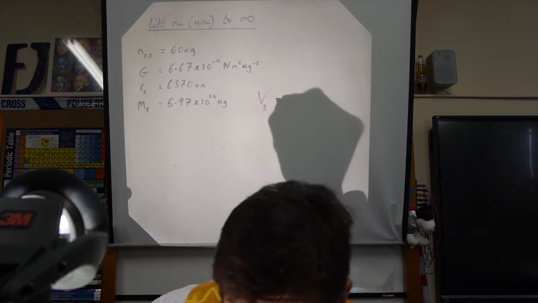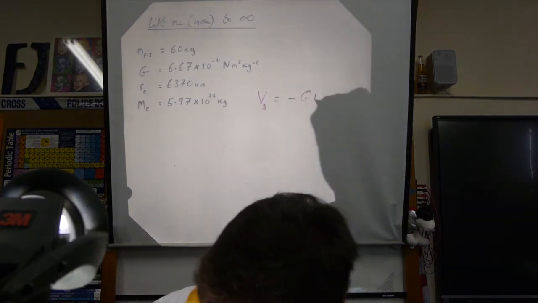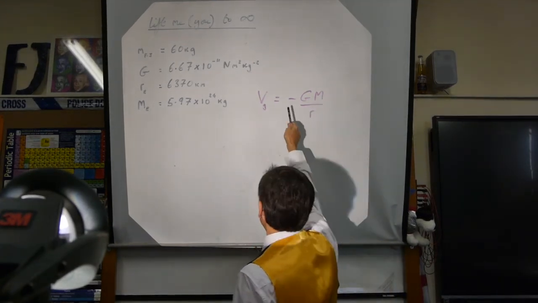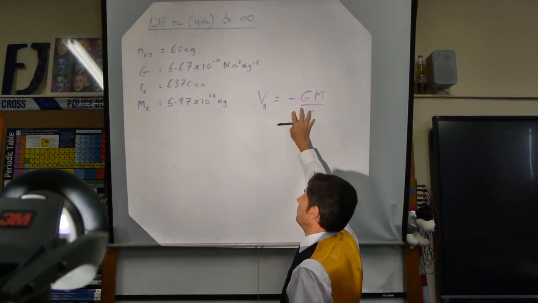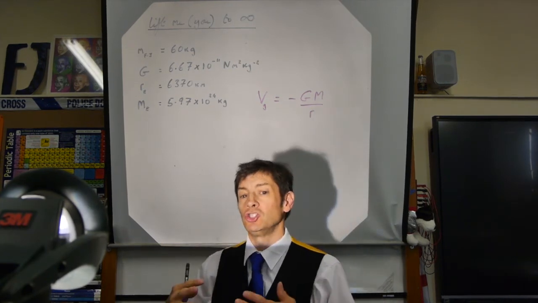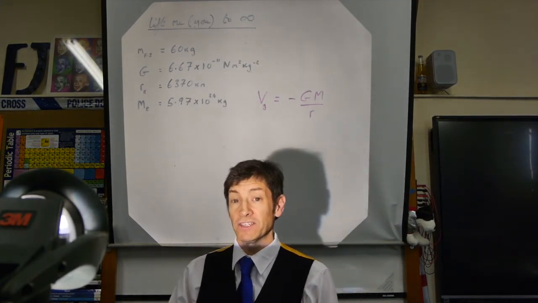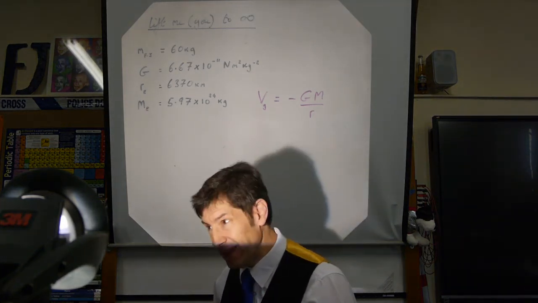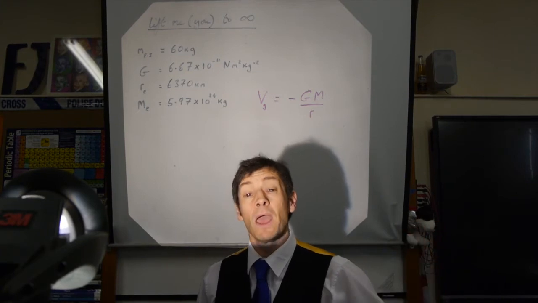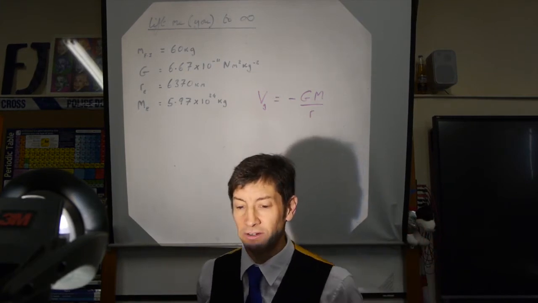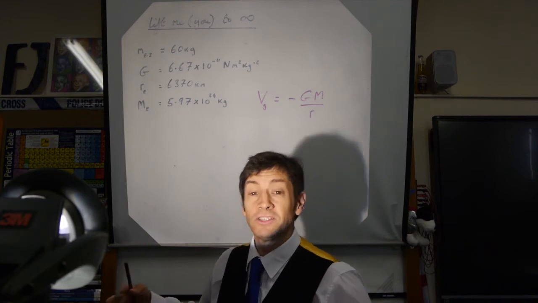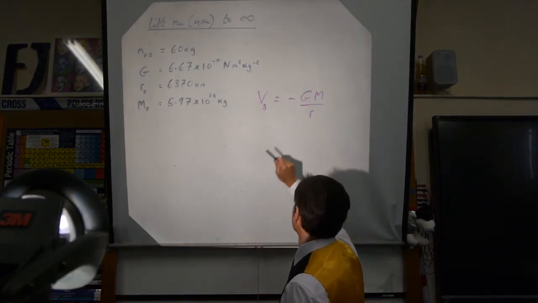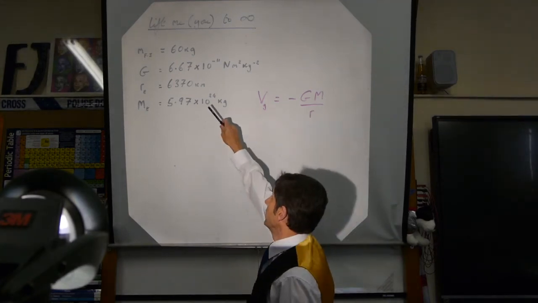Okay, so remember that, VG is equal to minus GM upon R, and so if we put numbers into this, that will be the energy that I am short of on the Earth's surface per kilogram, so you know how much energy you need to give me to get me to infinity per kilogram, and if I'm 60 kilograms, you know how much energy in total. Okay, I'm going to say it again. You're tired of me saying this. That R,